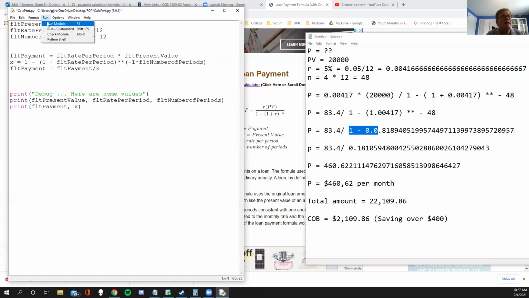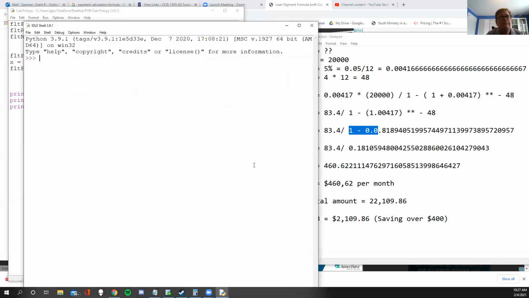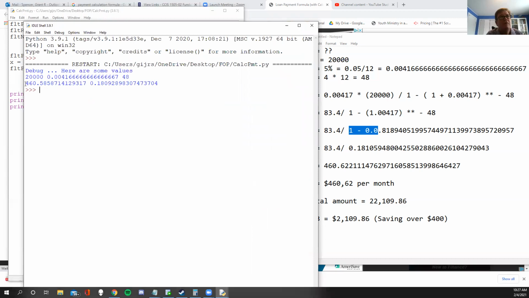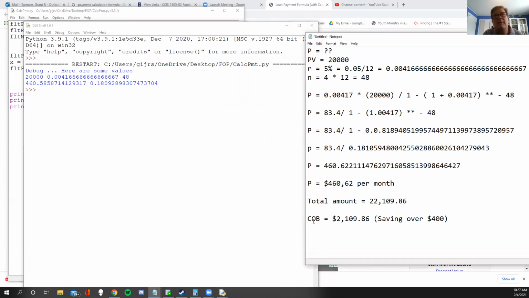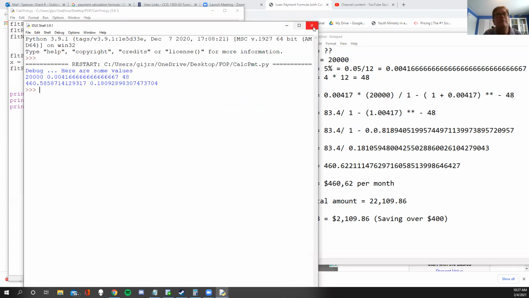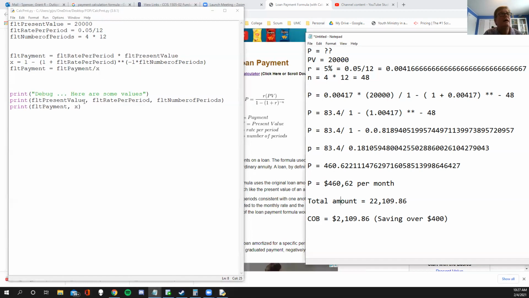All right, so if I run that now, I can run and I go. I'm getting 460 as the float payment, which is what I was expecting there. Slightly off too, by the way, but okay, that's good enough. Cool. And now the other thing I was supposed to work out was the total amount and the cost of borrowing. So at this point, I can kind of throw away my debugs. I can maybe make this a nice little processing